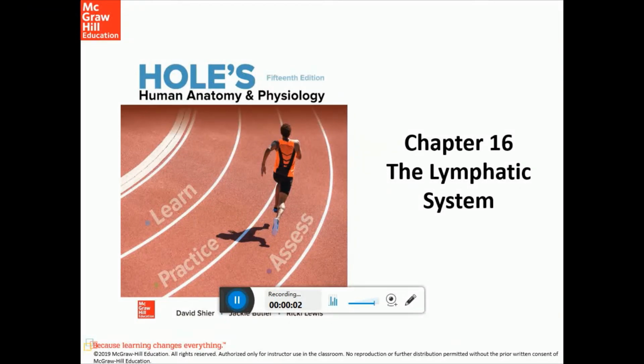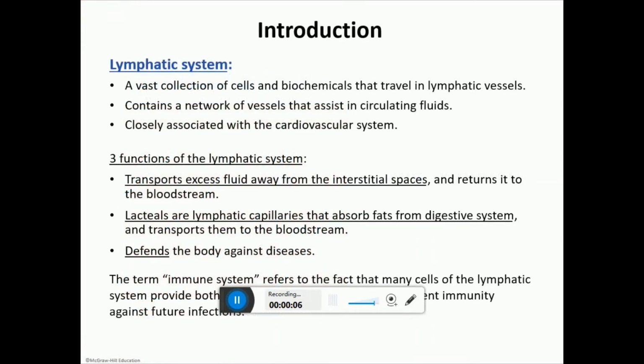This is a quick review of Chapter 16, or the lymphatic system. So the lymphatic system is made out of a lot of lymphatic vessels. We start off with lymphatic capillaries, and in Chapter 15 we talked about how interstitial fluid is made. The interstitial fluid is basically fluid that is found in between cells, and it is going to get exposed to